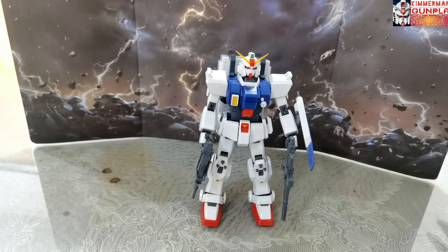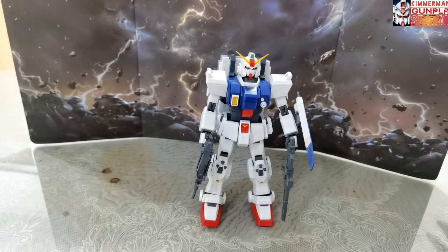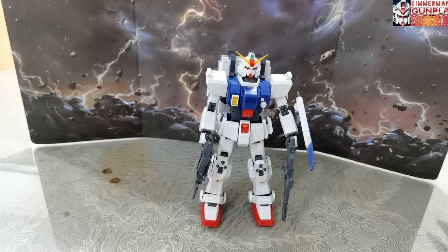Today I have here a classic Master Grade model kit from Bandai, from the 08th MS Team, a Universal Century line model kit or mecha anime. This is the RX-79 G, so Ground type. And I really like this kit, and I really like the show. The mecha anime is